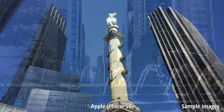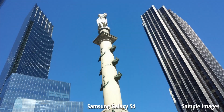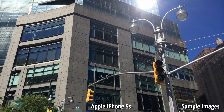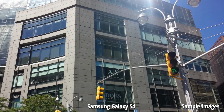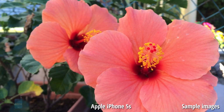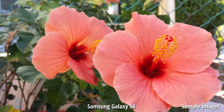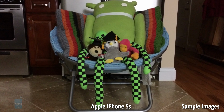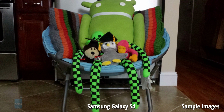But when it comes to raw details, it's the Samsung Galaxy S4 that nudges out the iPhone 5S by just a little bit. And quite honestly, you're not going to notice the difference unless you look at the images very close to your eyes. Beyond that, when it comes to color reproduction, you get slightly more punchier tones with the Galaxy S4, but the iPhone 5S really shows its worth when it comes to lower lighting situations. It just handles it a lot better, just because it's less noisy and details are significantly drawn out more